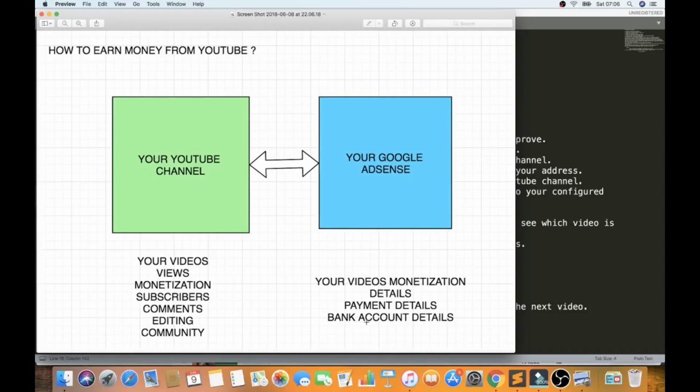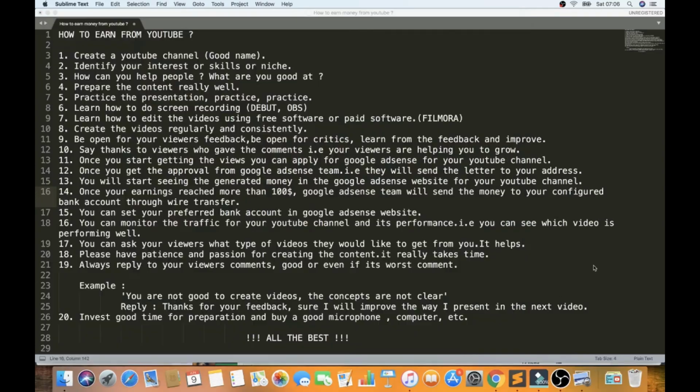Based on your video views, they will monitor and monetize it, and once it reaches $100, they will add it to your bank account. You can set your preferred bank account in the Google AdSense website, whatever account you have in your country.